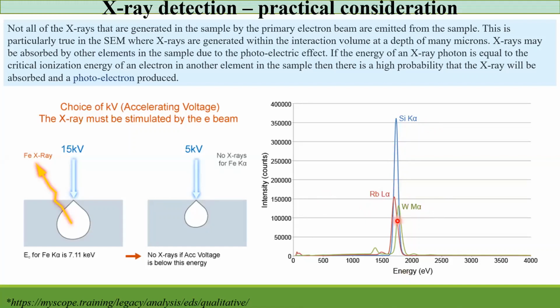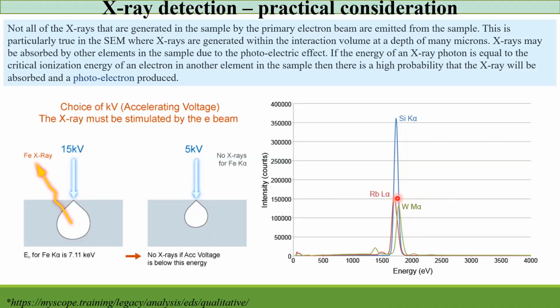Instead, you can also pick the elements in the software: for silicon, take only K alpha, and for rubidium, take only K alpha, and for tungsten, take only L alpha, because sometimes M is interfering here. So we should know which type of L and M line is interfering with which other K or L line of another element. You need to think over that and tell the system to take only such signals